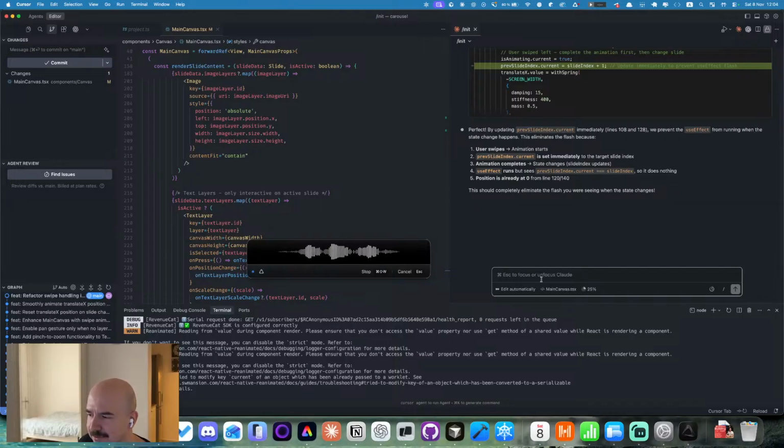I still see the previous slide before the new one appears, after I already see the new one.